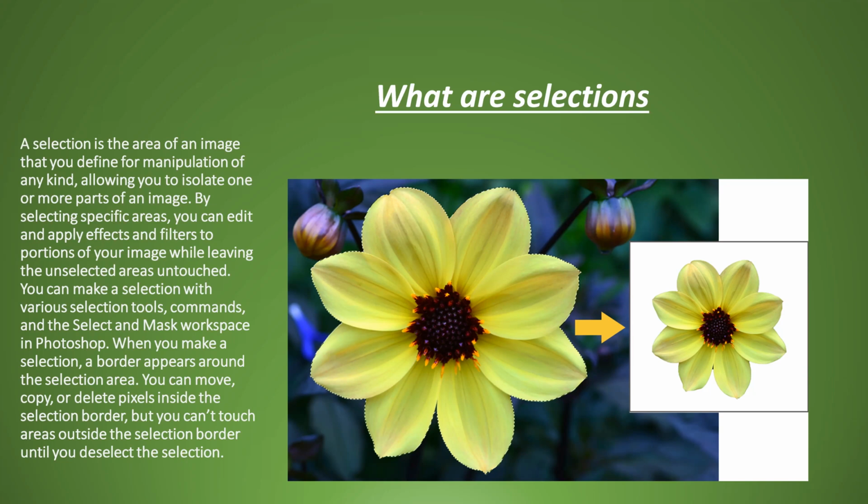Now, when I say selection, selections are shown in Photoshop in different ways. The most common way is the marching ants, which you see here. There is a marching ant on the border of the flower. The white and the black one, these are called marching ants. This marching ant shows that this flower is selected. That is how you know that the photo is selected. So these are the marching ants.